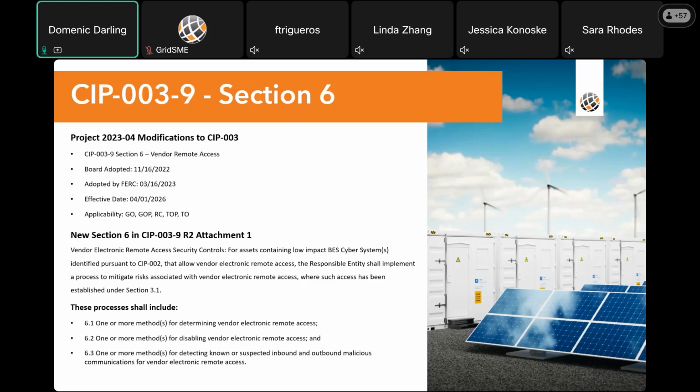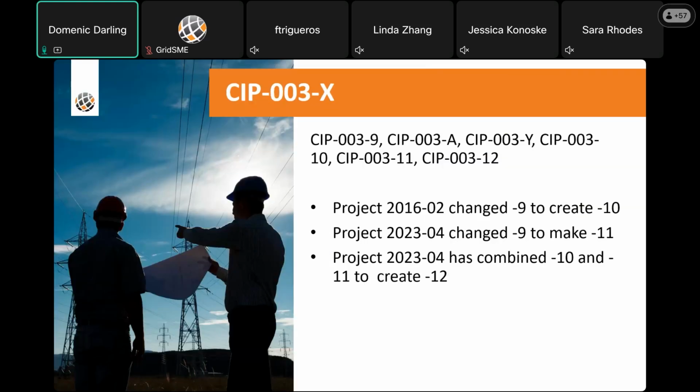So just keep those few things in mind: who you're working with and how it's being done. Before I can even really go on with what CIP-003-9 is going to be, I need to chat about what's coming in the future. And I have to say, trying to connect these dots and follow the path here is